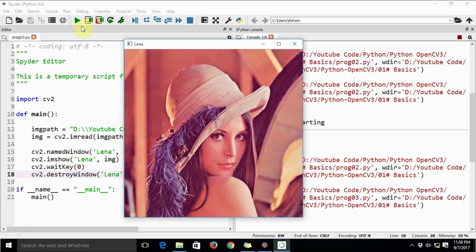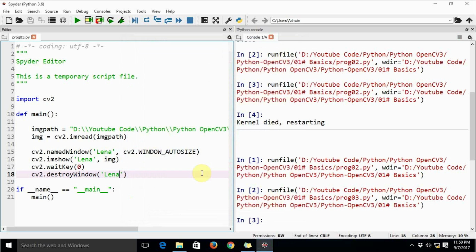If I run this program, the output is exactly going to be the same. If I press any key on the keyboard, it is going to kill the window. But here we have control over what window we can destroy. I mean, we have specific control, unlike the earlier program where the key press destroyed all the windows. So this is how a simple program for reading and displaying images works.